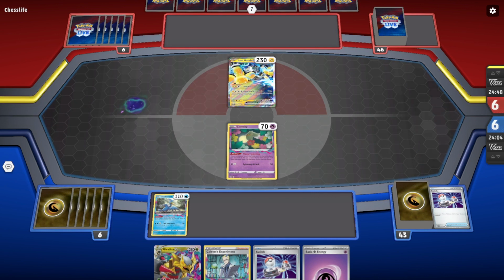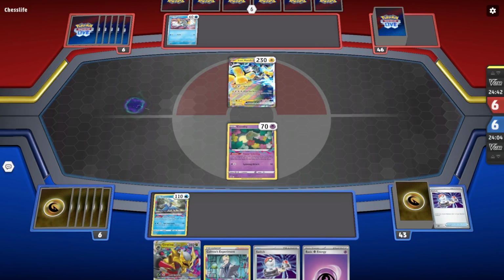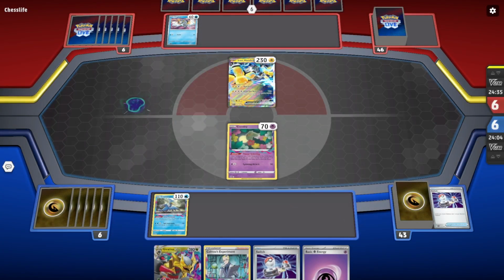Take a little sip of my coffee, wait and see what they do. So Iron Hands is scary, right? Because they do 120, they knock out all my Pokemon except for Giratina VSTAR with the Amp Very Much attack, and they take an extra prize card, and that kind of hurts my...